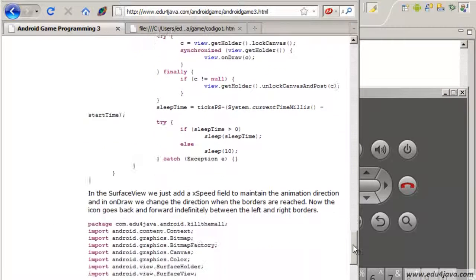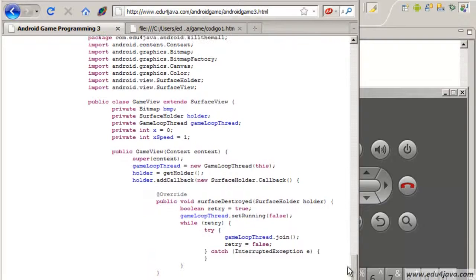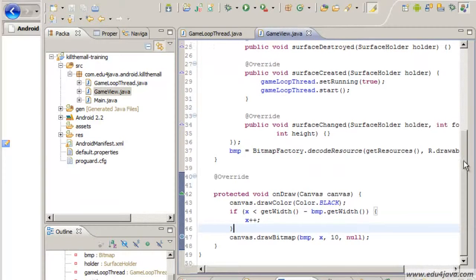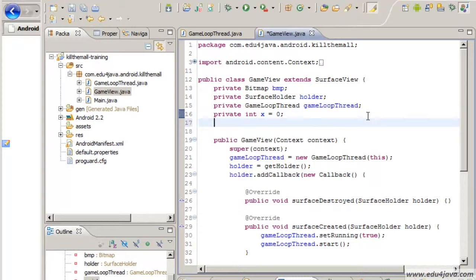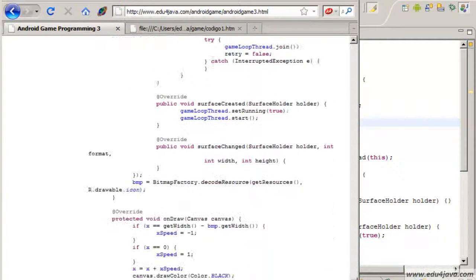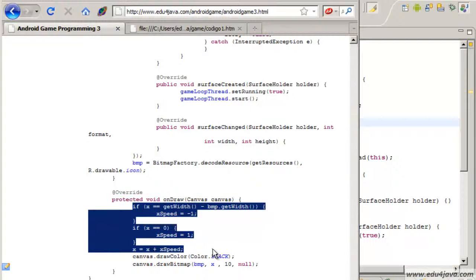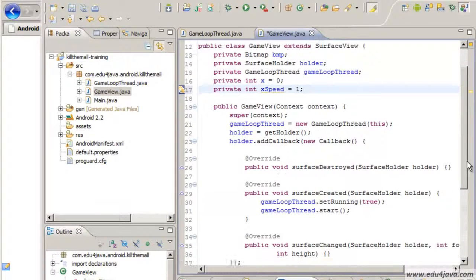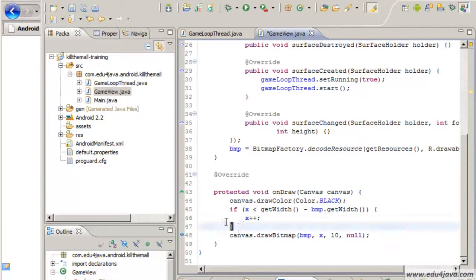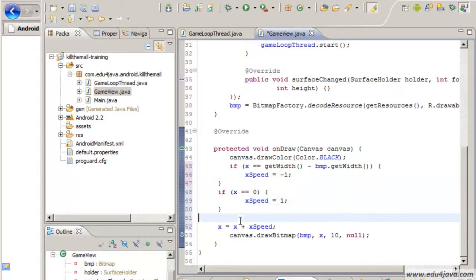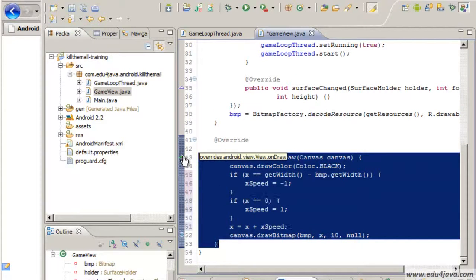The last thing, to finish this small tutorial, would be to manage the speed variable in the view. Let's add a speed field and let's make it bounce against the borders. Instead of this simple, if